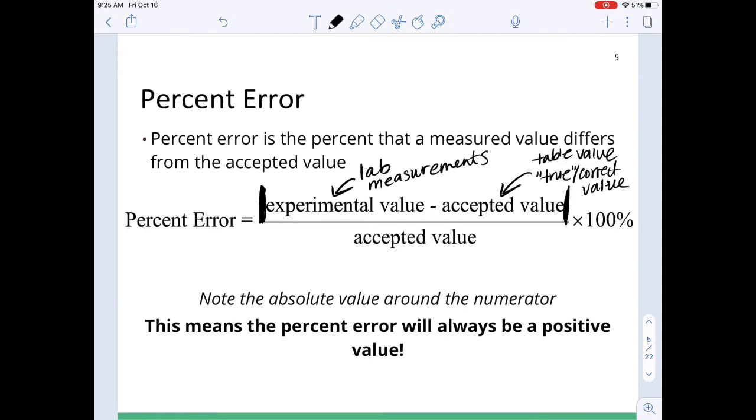multiply it by 100. All right, so again, it says note the absolute value around the numerator. This means that percent error will always be a positive value. So for percent error,